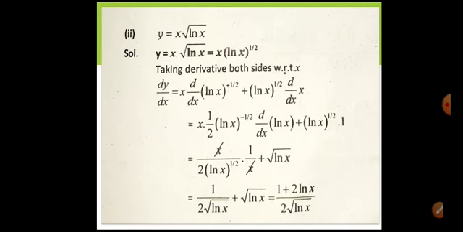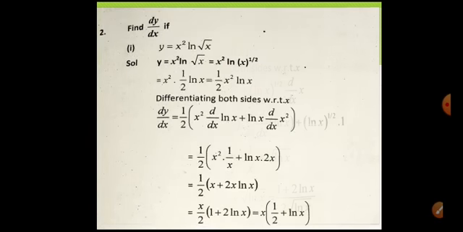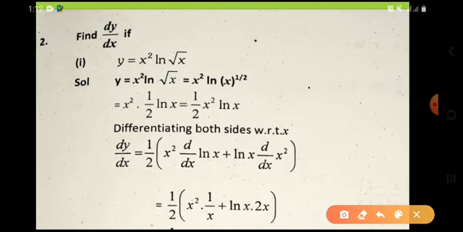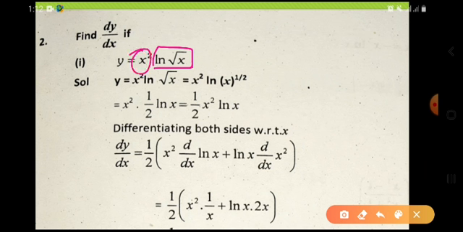I will be explaining the first part, okay, and the second part would be done by you yourselves. Okay, look at this. y equals x square into natural log of x. See, a logarithmic function into an algebraic function. So first function into second function, product rule, right? How does the product rule apply? How do we apply it? We all know, first function into the derivative of the second plus the second function into the derivative of the first.